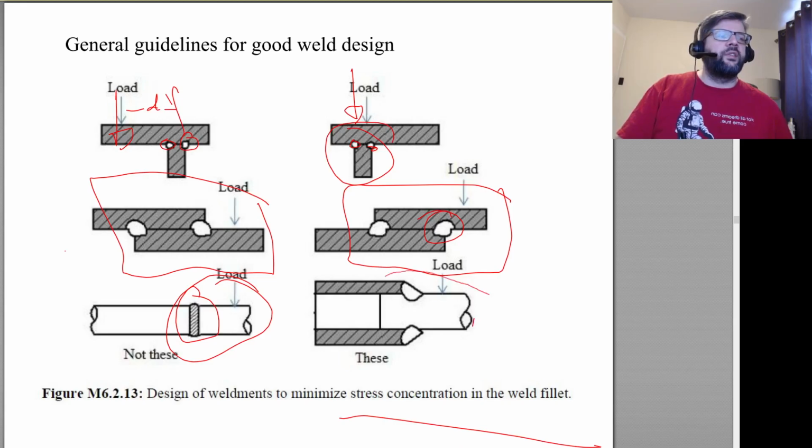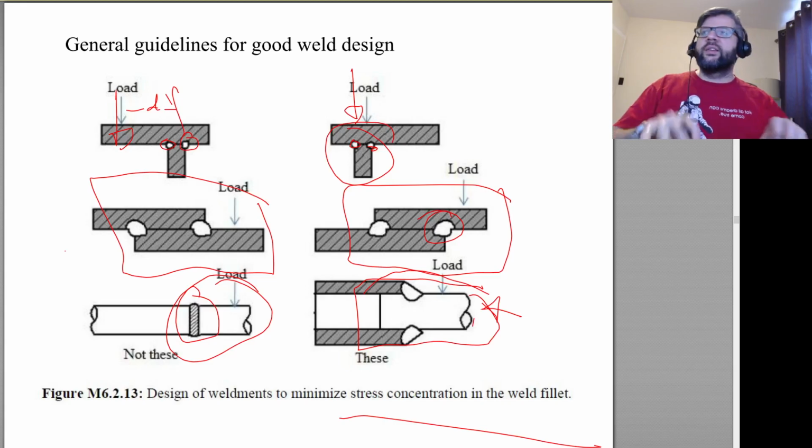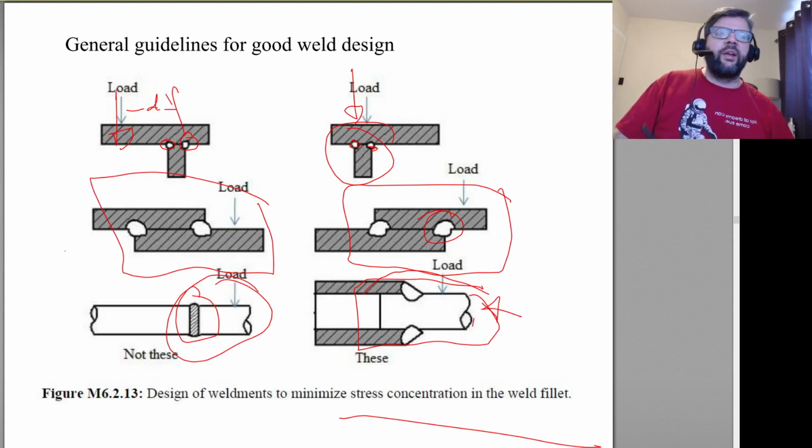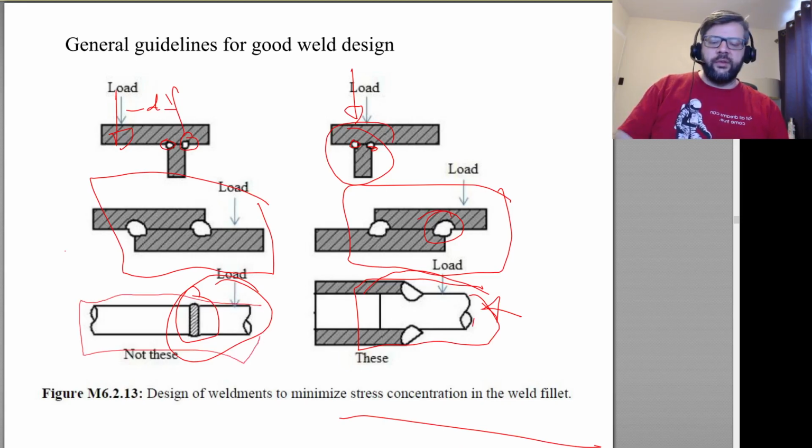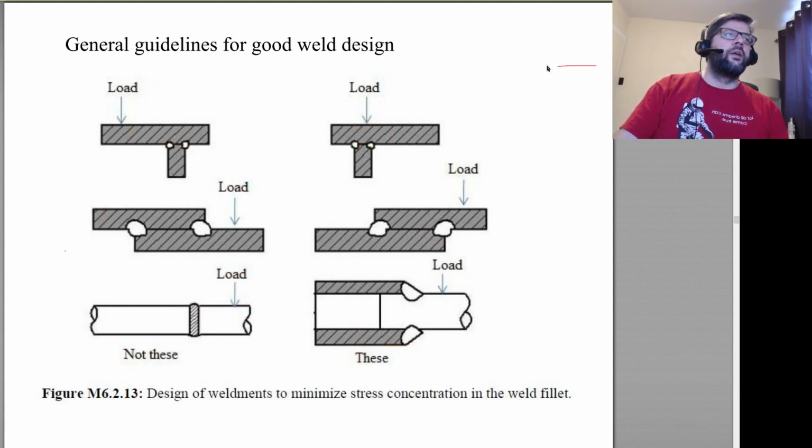Whereas if you could just insert this section into this larger section and then throw a fillet weld around the outside, then it's not just the fillet weld holding it. It's also the fact that we've got this smaller section of pipe inside the larger section of pipe, and the interference between the two would be carrying some of that load. And of course, if you're trying to connect two segments of pipe that are of equal sizes,